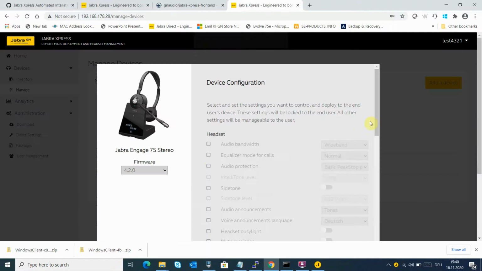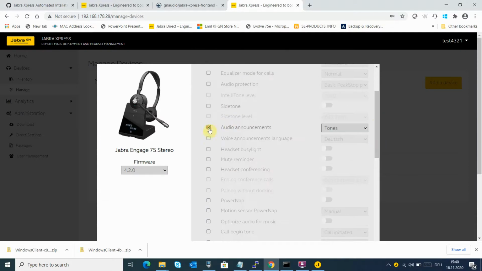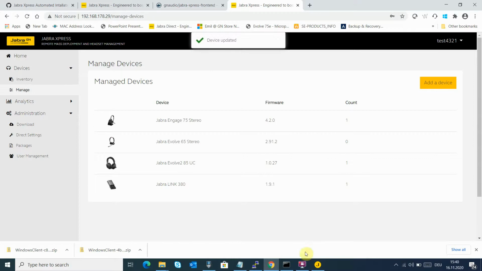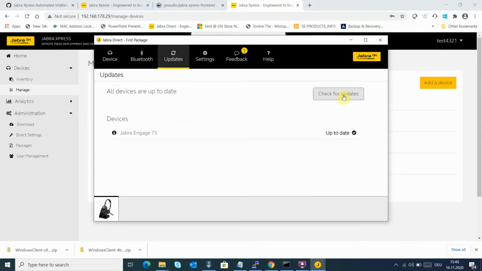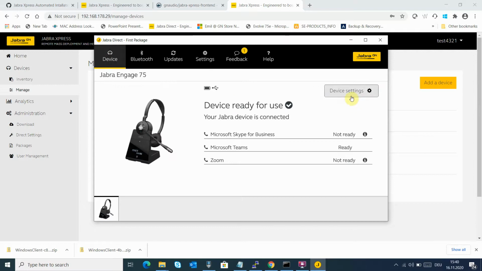I will try to change some settings maybe. Let's see. Tones. I will try English. Let's see if we can send those settings to the client PC. So basically, this one will receive some updates. And then in the device settings,